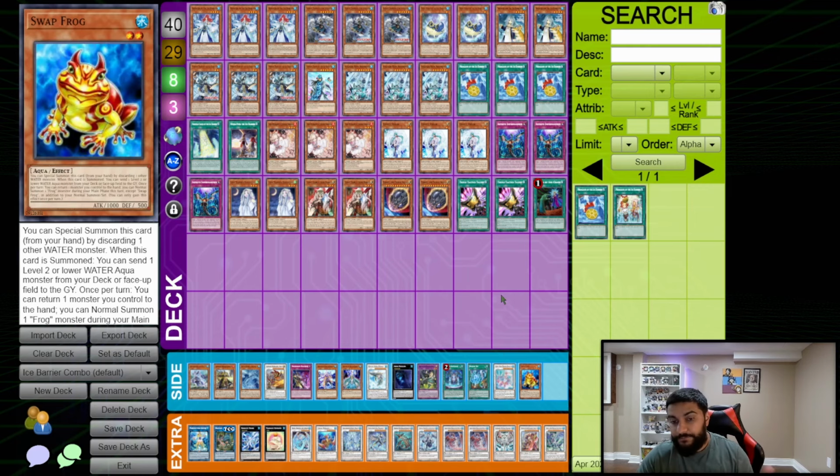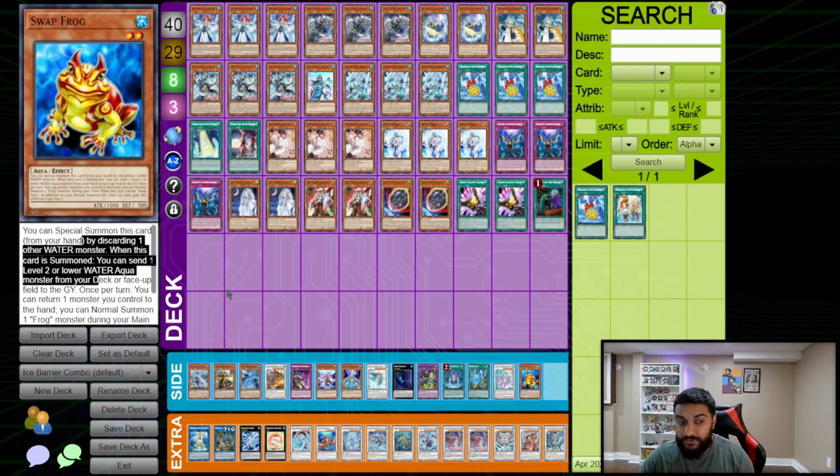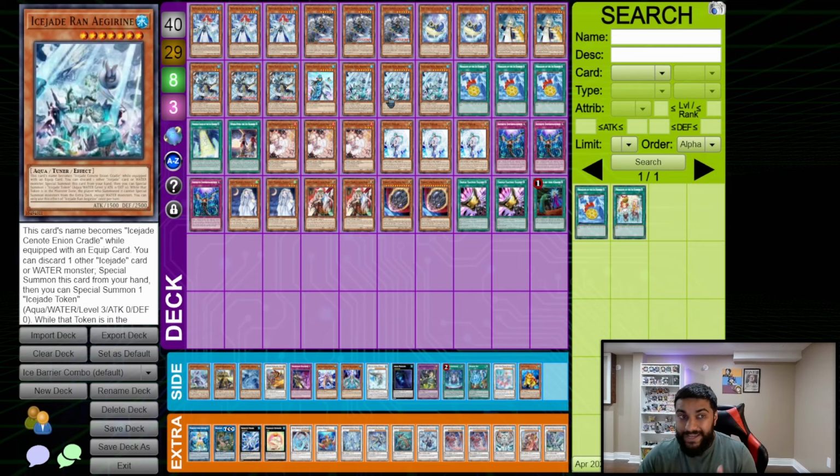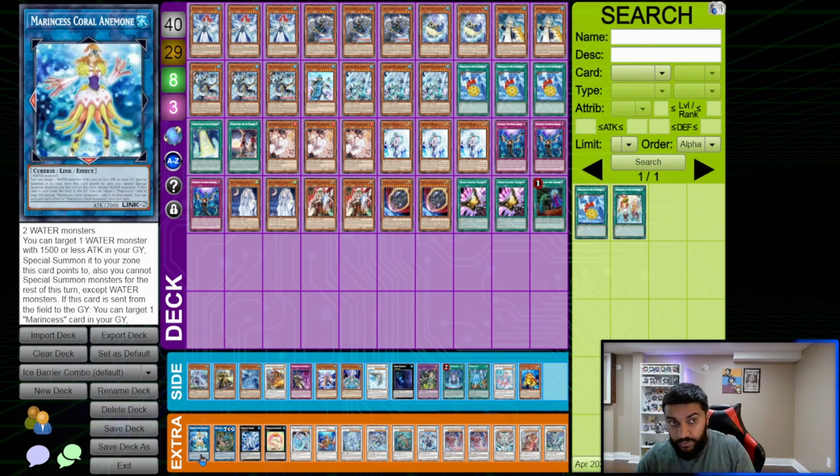Then you play the Swap Frog, because Swap Frog says you can send one level 2 or lower Aqua monster from deck to the graveyard. Mirror Mage fits that requirement perfectly. But I think that if you were to play some sort of tech card, be it Swap Frog or Ice Shade, whatever you want to call this card, I think this card is better. But quickly moving on to the extra deck, guys, we will be talking about the 1 Coral Anemone,